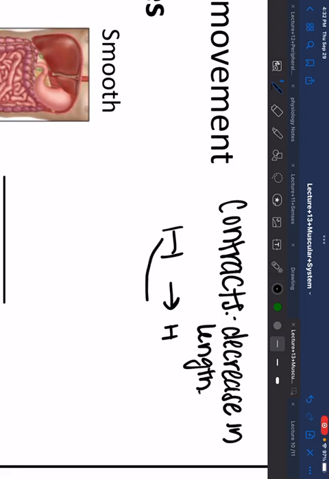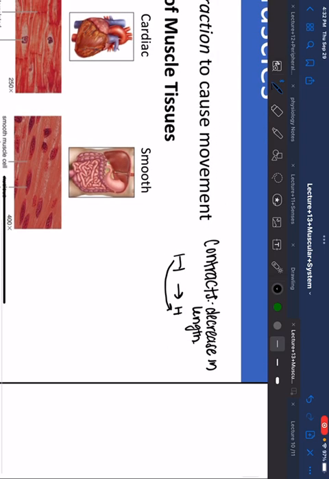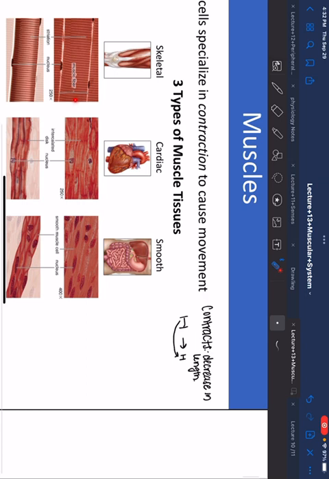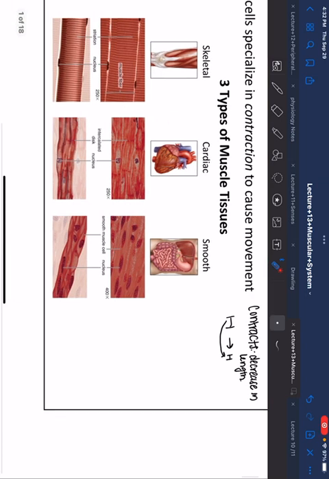internal organs. So we have 3 types of muscles. Skeletal muscles, which are mostly attached to your bones. They can also be attached to your skin. We have cardiac muscle, which is exclusively found in your heart. And then smooth muscle is found in a variety of organs, such as your digestive tract, the uterus, your eye, blood vessels, etc. So for the next handful of slides, we'll explore these 3 muscle types in a little bit